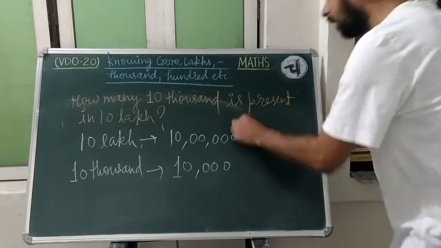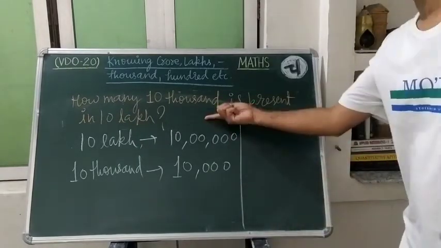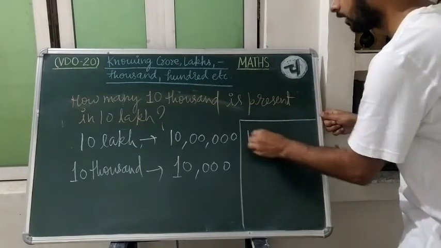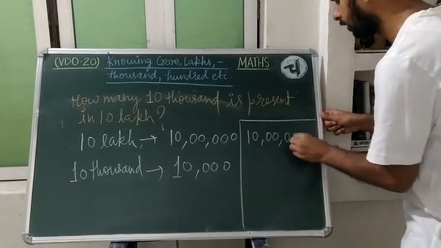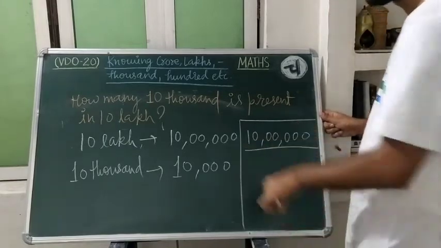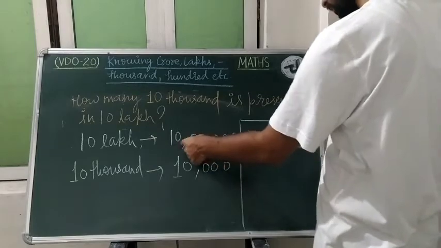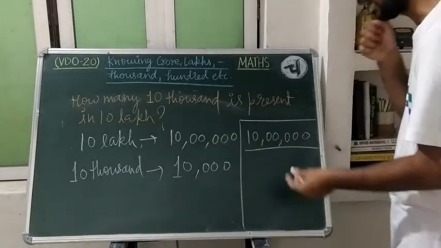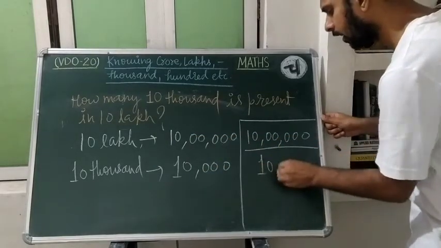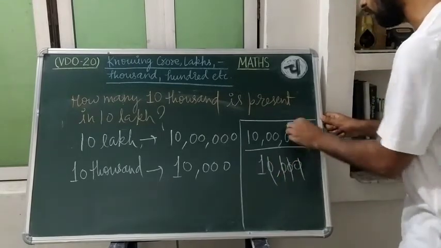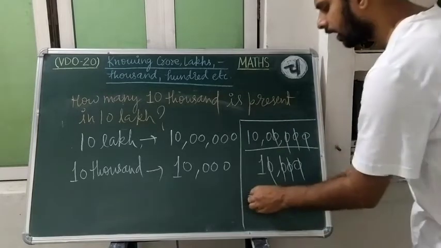And we want to know how many 10,000 will be present in 10 lakh. So we will divide 10 lakh by 10,000. These 4 zeros will get cancelled out and we will have